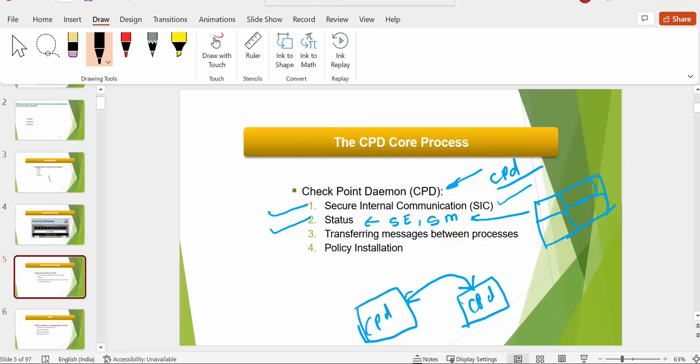And the last one is the policy installation. Whenever we push the policy from the management server, the security gateway receives the policy and pushes it forward to the relevant processes and the kernels. So say for example, this is your management server, this is your gateway. When you push the policy from the management server to this gateway,